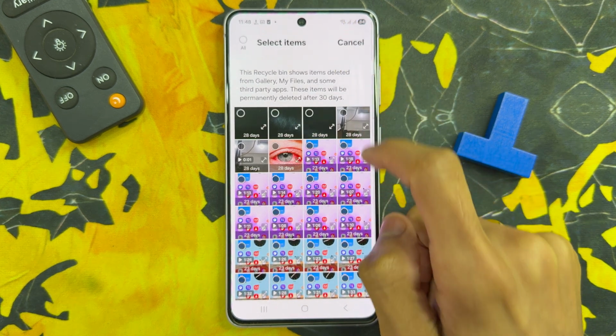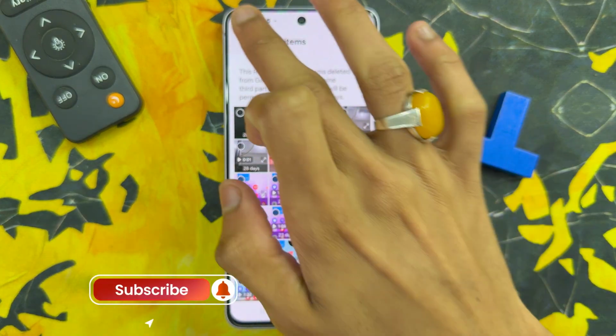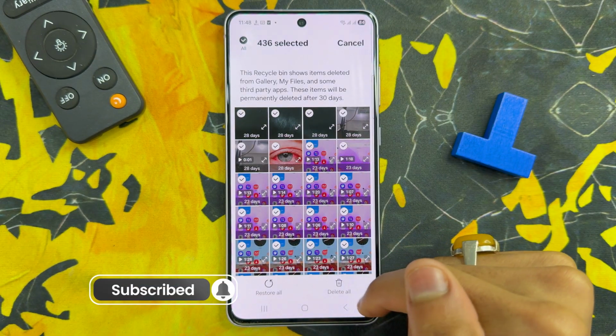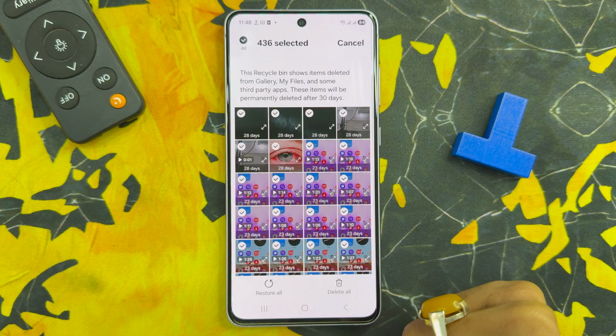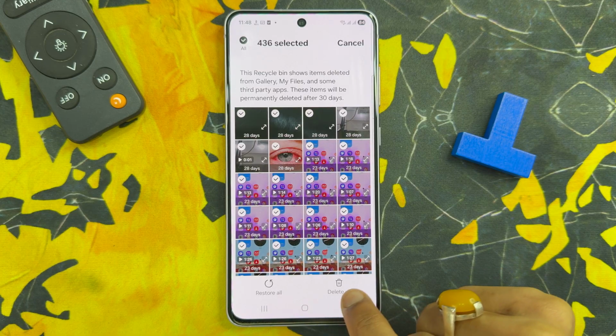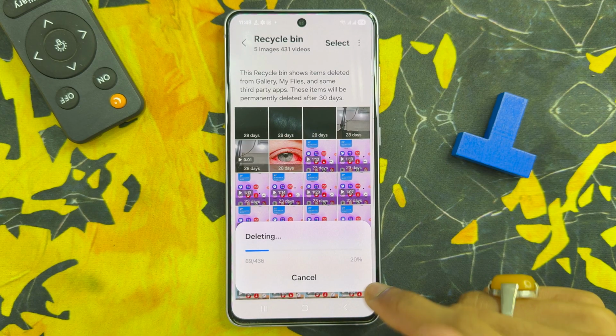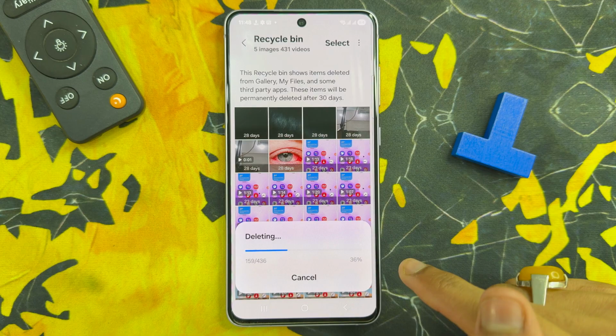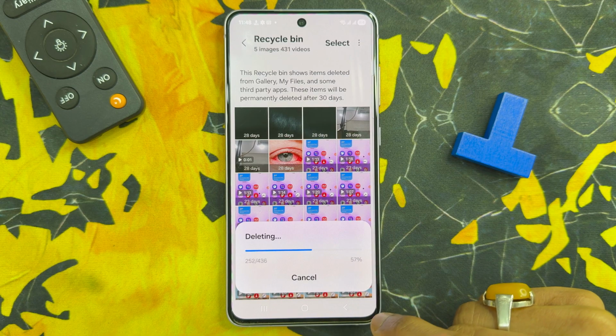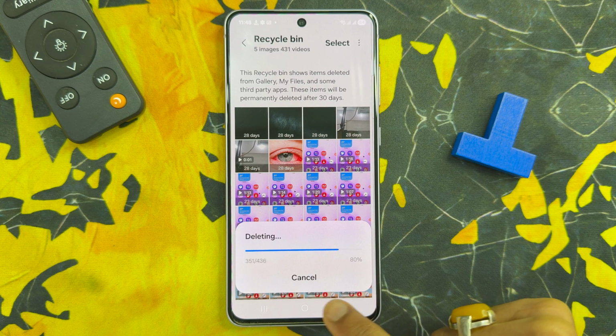Click on Select and select all. After clicking on Select all, if you want to delete permanently photos and videos, click on Delete all and click on Delete. After clicking on Delete, you will see your photos and pictures are permanently deleted. After deleting photos and videos, you will see